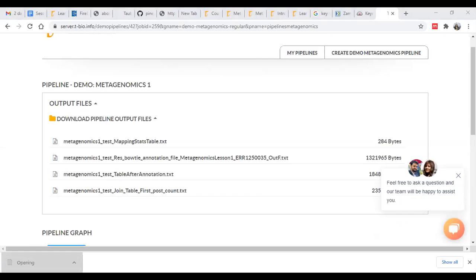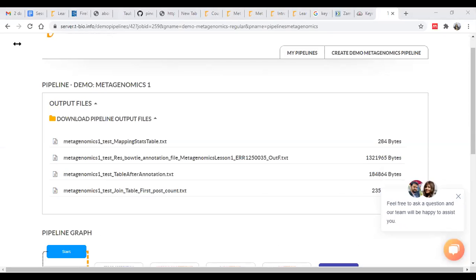Here we will understand, against each of these metagenomic 16S IDs, how many counts there are. For example, here we have 2 counts, then here we have 3 counts.